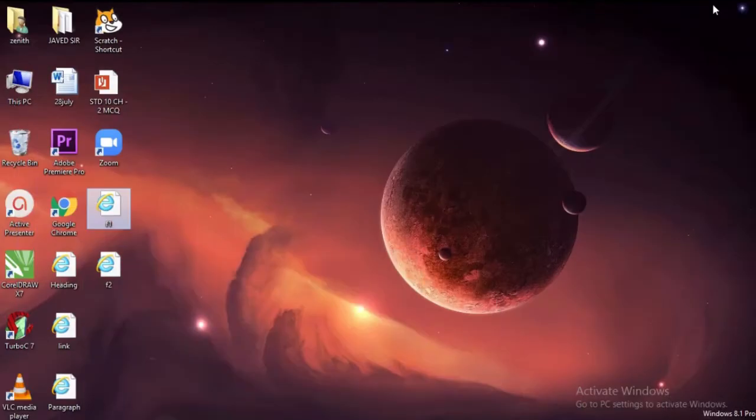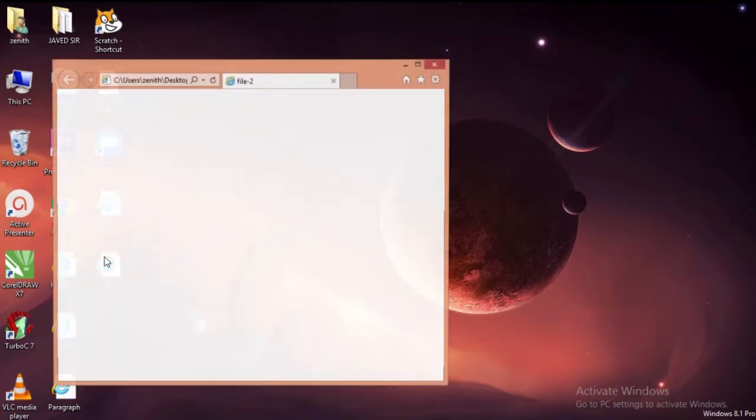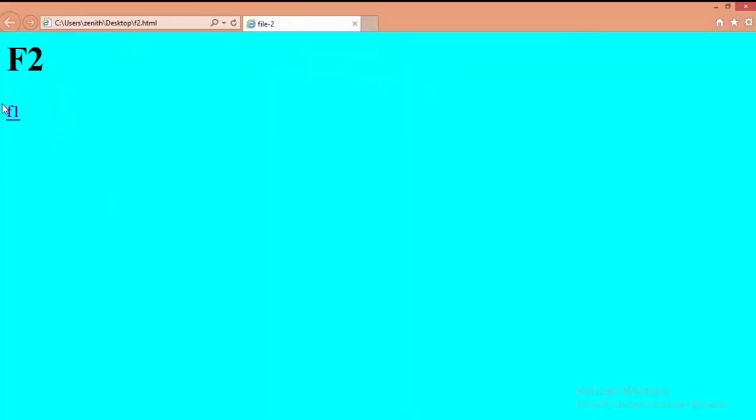Then see what the output will be. You can see here F2, which is given by default. Then you can see here F1, and whenever I move the cursor over the F1 text, it changes automatically.